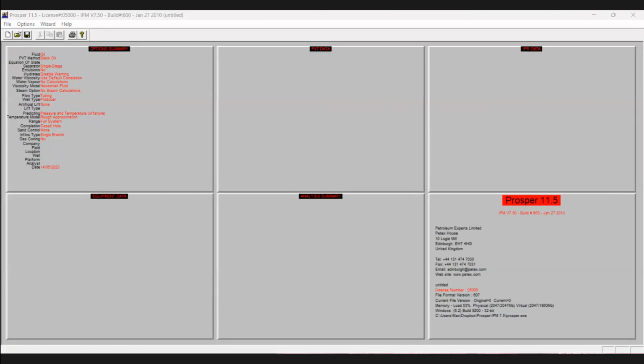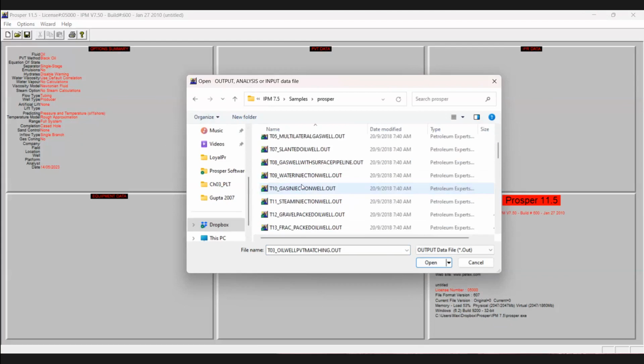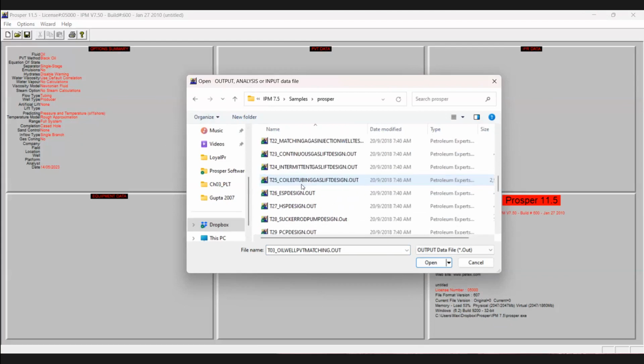So what we're going to do is open, actually, from the samples. I hope all of you can access the samples. From the samples you choose Prosper, and in Prosper, the tutorial number 20. Okay, so in tutorial number 20,